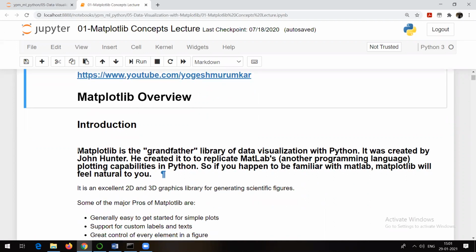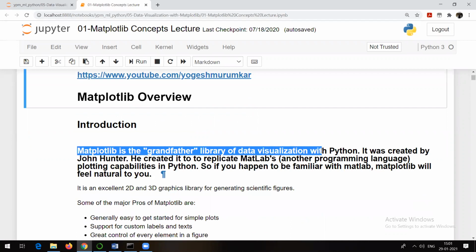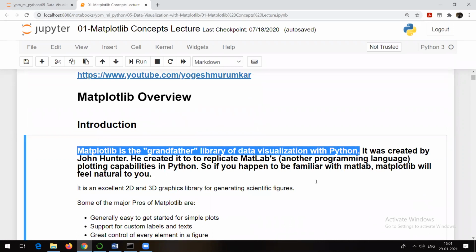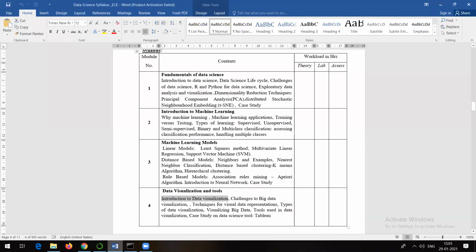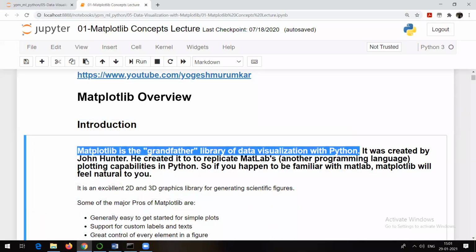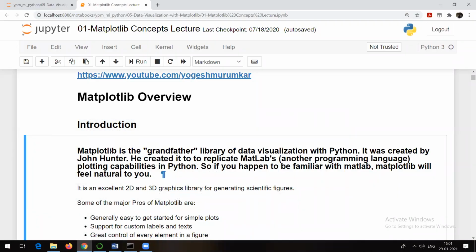Matplotlib is the grandfather library of data visualization with Python. As per your syllabus, the last unit itself is about data visualization, and as we already talked about Python,